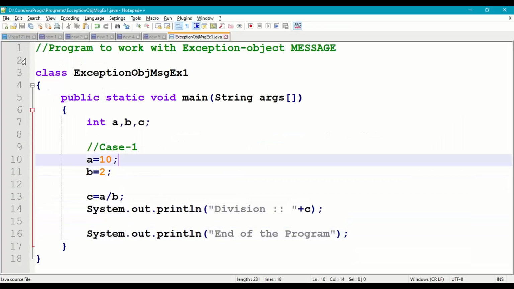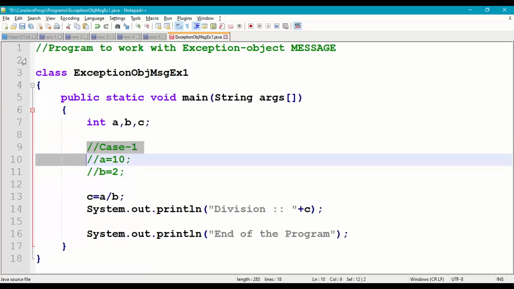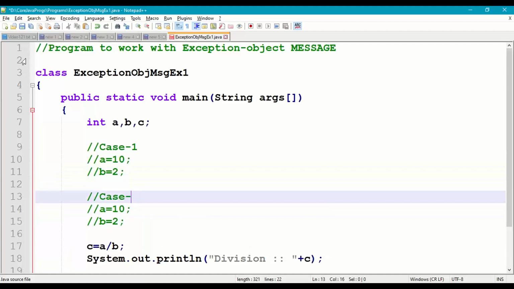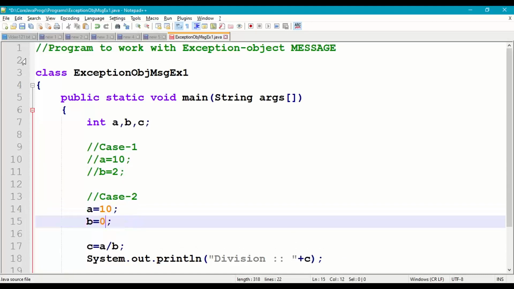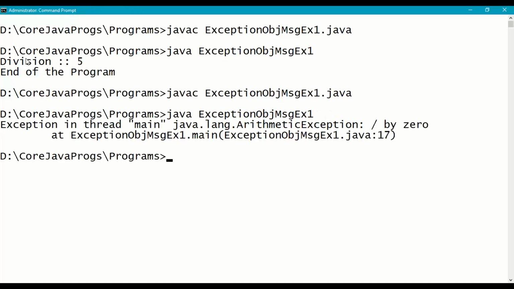Now by mistake we'll take case 2, as something like a is equals to 10, b is equals to 0. So compile and run. Here we are getting abnormal termination of the program, no end of the program message.